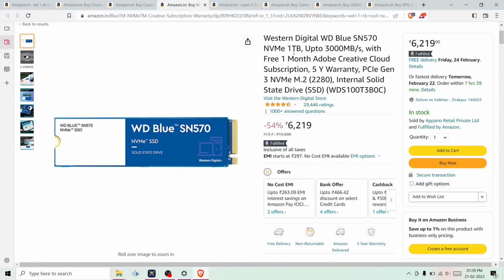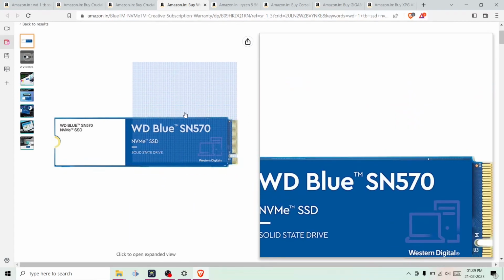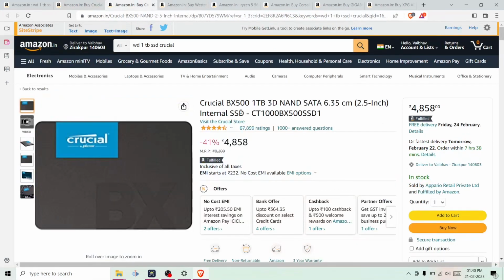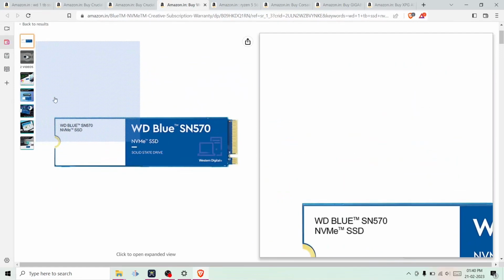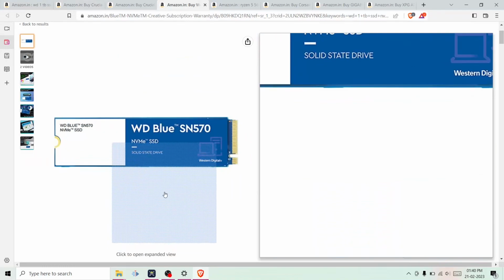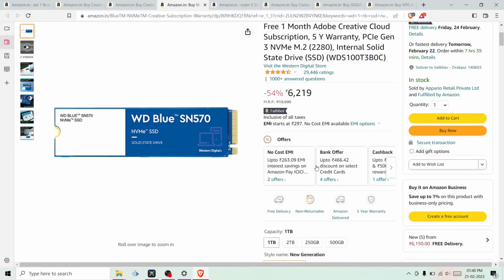my home. I have this laptop on which I am recording all this, and then I have a desktop computer, in which I have a SATA SSD. I'll say that the computer boots up much faster, even though it has a SATA SSD, and the laptop has an NVMe SSD, and even then it takes a while to start up. That may be because the computer has a lighter version of Windows, and this one has a full-fledged version of Windows. But you can also do that and save a bit of cash if you are tight on the